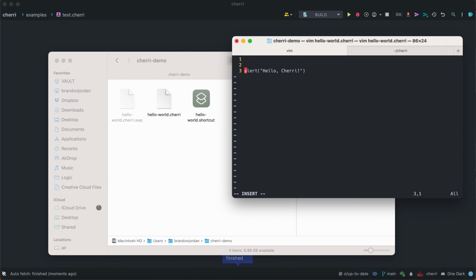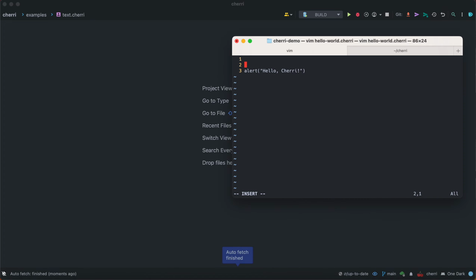We declare variables like in other scripting languages with one character and then the name of the variable, and then we set it with an equal sign, and then depending on what we put here, so if it starts with a double quote, it's a string. If we put a number here, it's a number. We can even have expressions. And then we can also have arrays,